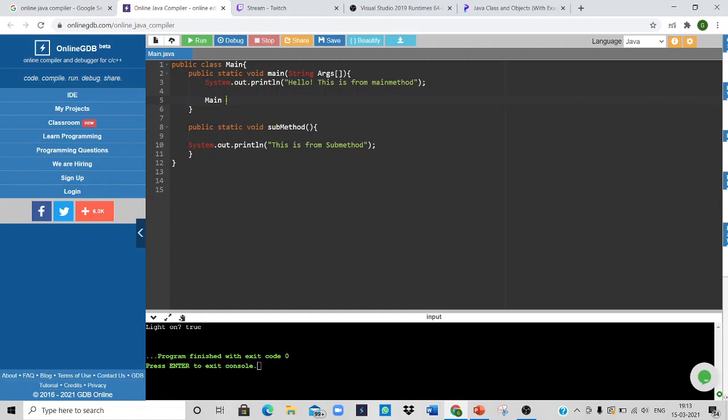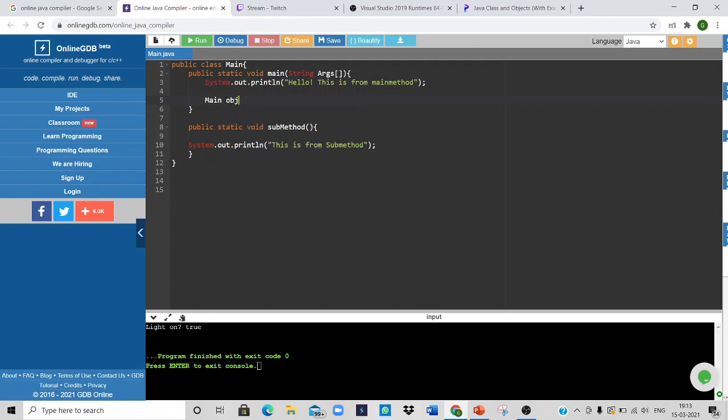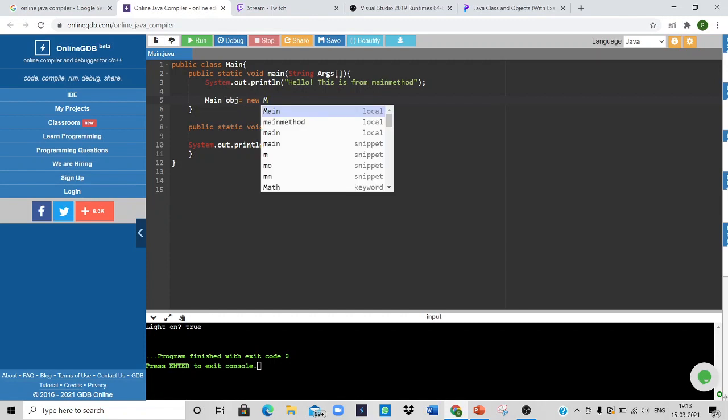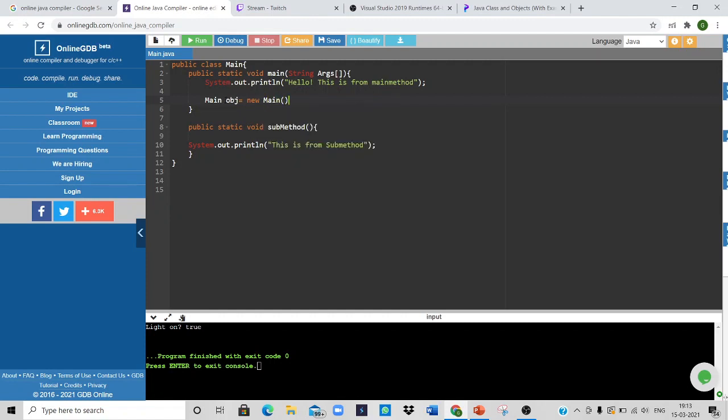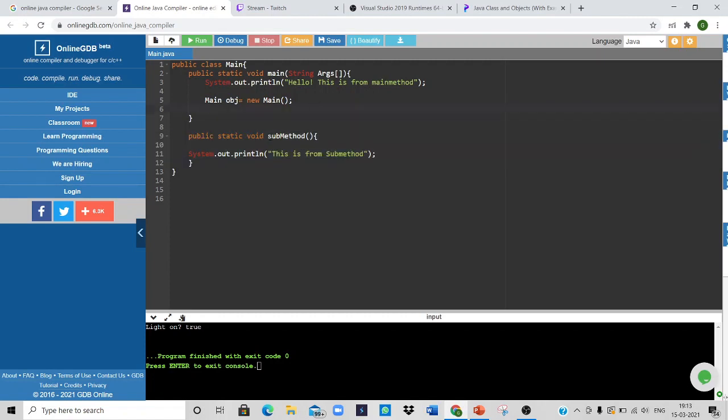As per the syntax, we can create an object like Main, space, object name. Just take obj equal to new Main, with parentheses to close the line. Now we have declared the object for the subclasses of the main class, but we have to call the submethod to execute the code inside of the subclass.